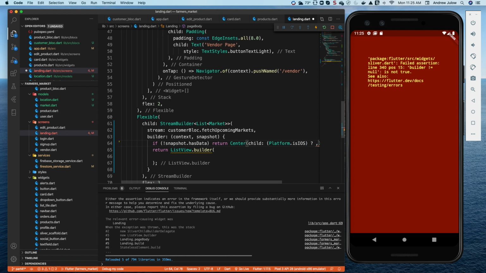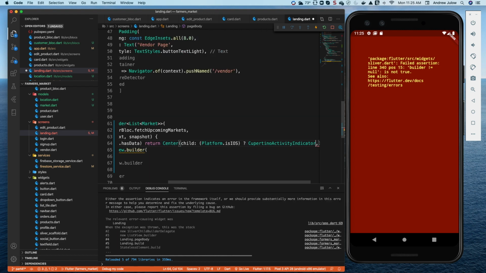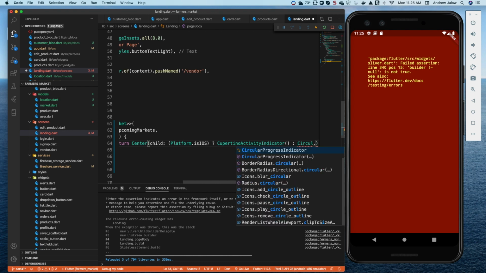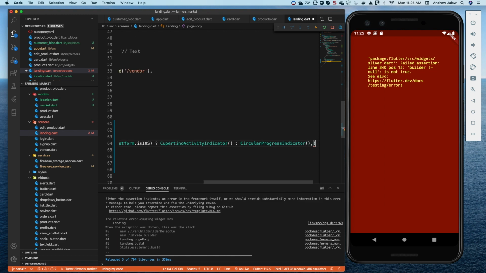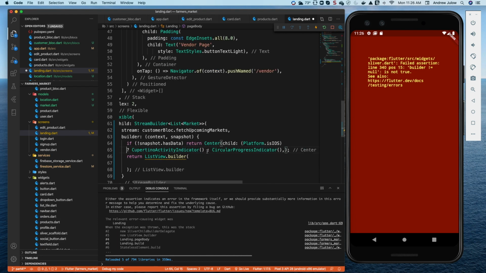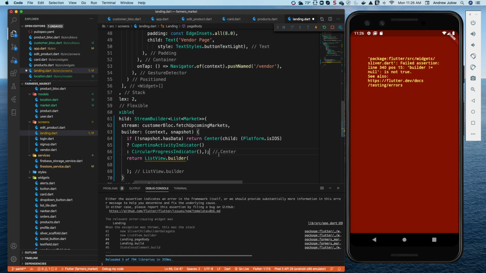And if it is iOS, we'll do a Cupertino activity indicator. Otherwise, we will return a circular progress indicator, like that. Let me wrap that around a little bit. There we go. So this is if our snapshot has no data, we're going to return a center. We're going to return Cupertino circular progress. And